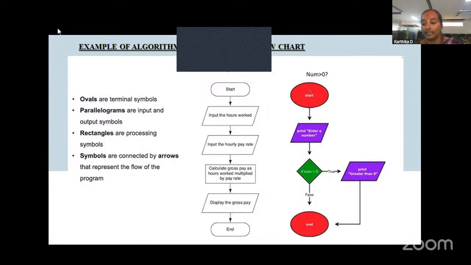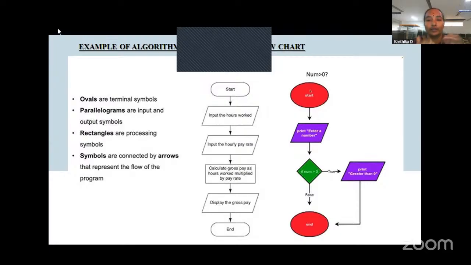If it's greater than 0, then it will start the program. Then it will calculate some calculation, 1 plus 2 plus 3 plus 4. Then it will show the output. This is the simple process of a flowchart. And then